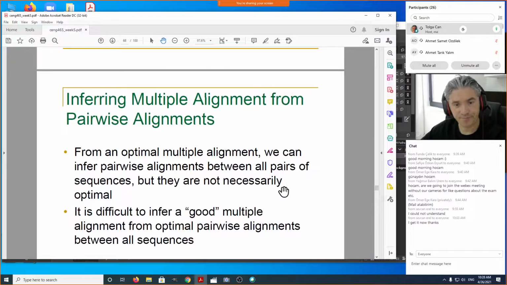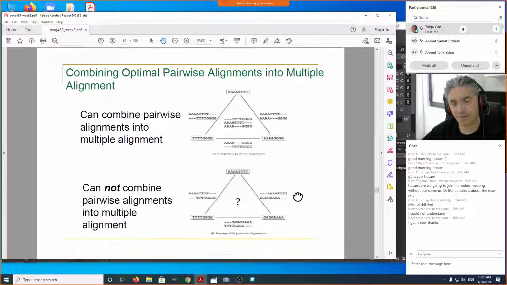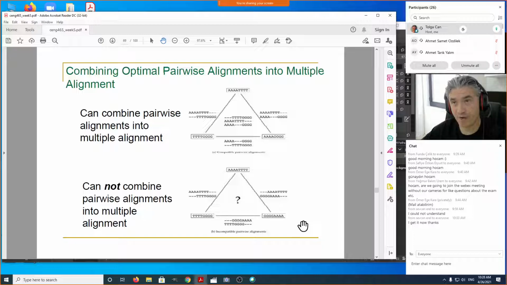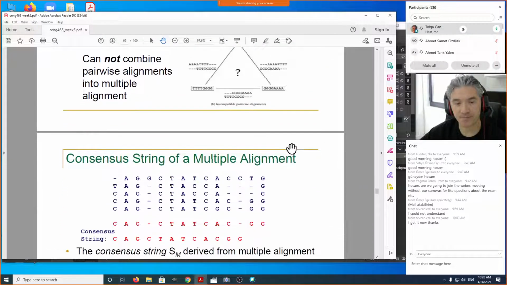Okay, so using pairwise alignments, it's not always consistent. So we have to have some strategies to build consistent alignments out of these pairwise alignments. One way to do that is we will have to ignore some of those k choose 2 pairwise alignments. We are going to have a progression order, which is going to ensure that some of those pairwise alignments are ignored, but the good ones are used and put together into a multiple sequence alignment.